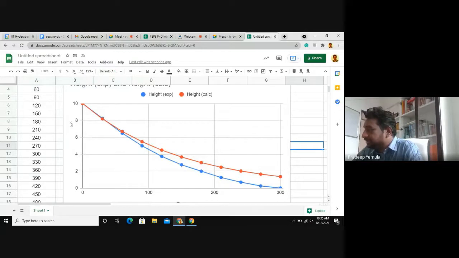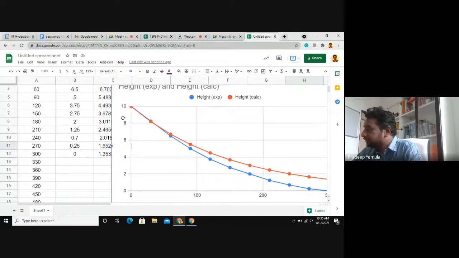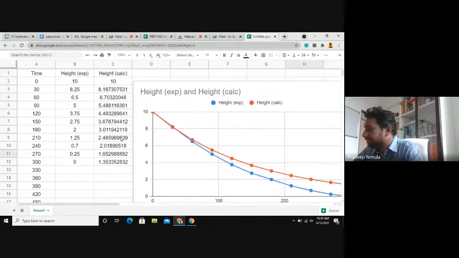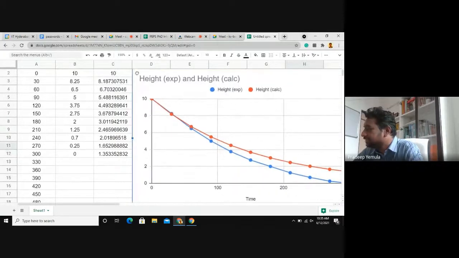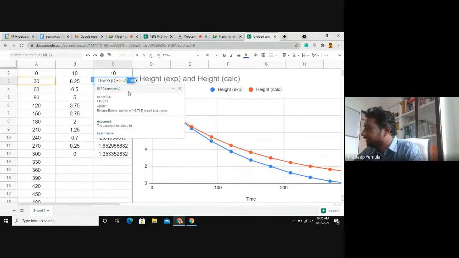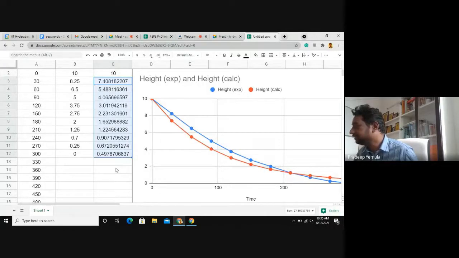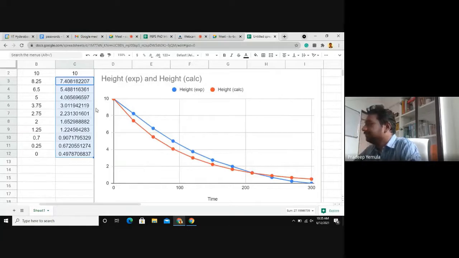Okay, so these two are not exactly matching. That is because of the choice of our constant. By properly choosing the constant, we can make them match. So let me just slightly adjust this. Instead of 150, let me take some higher value, 200 maybe, or I'll take a lesser value, just 100. So a little bit of cheating we are doing for the data. So this one more or less is kind of matching. So the value of AK, if I take 100, is more or less matching.